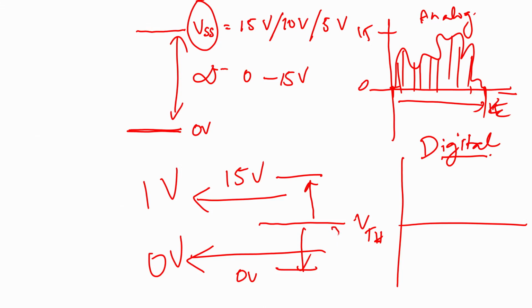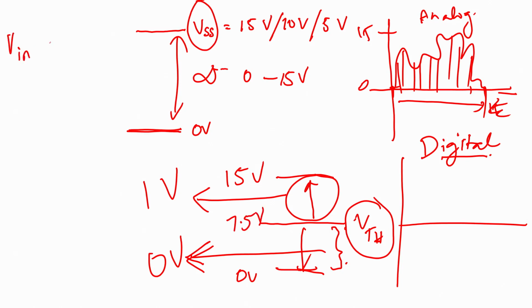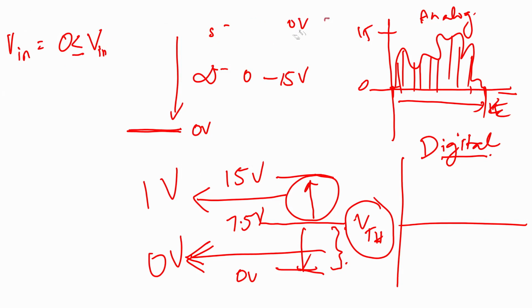We have quantized the whole range of infinite values, even this interval has infinite values; it can take up to however many decimal places we want. So this infinite band of voltages, by setting this threshold voltage VTH, we are quantizing so that it will be 0 volt, and this band of voltages, let us say this is the 7.5 volt midpoint. So we say that if voltage Vin is greater than or equal to 0 volt, and so let me rub this off. I think this is clear to you. We will come back to this.